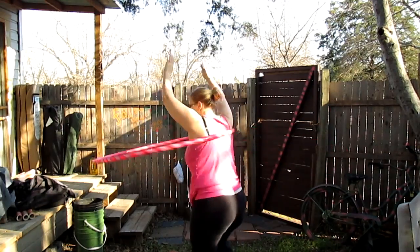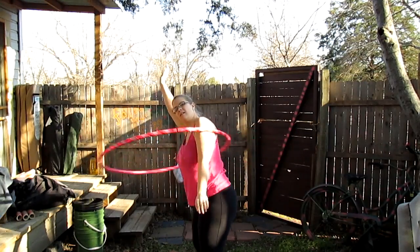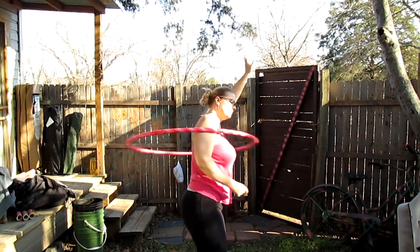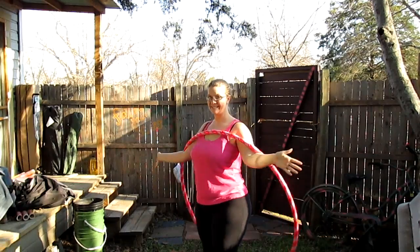If you're already feeling comfy with your chest hooping, you can start the hoop going around your shoulder, and then when there's an open space in your hoop, you can drop your arms through one at a time and practice those back and forth motions. Another way that you can get started is by using a stall. So to set up the stall, you want to bring the hoop down around you and then prop it up against your chest. Stick your arms under the hoop so that the hoop is resting on your 2 arms and